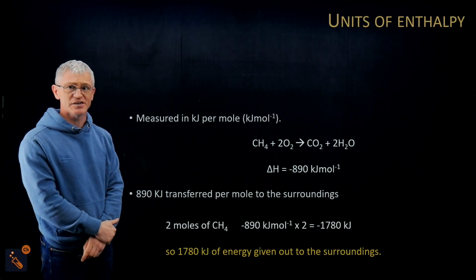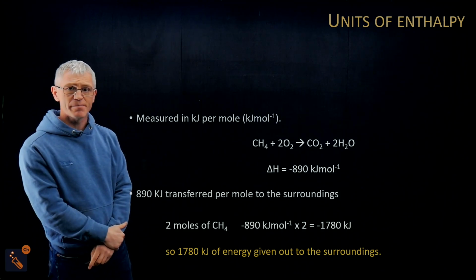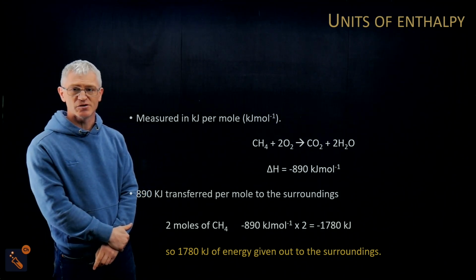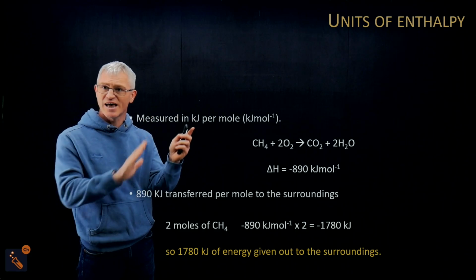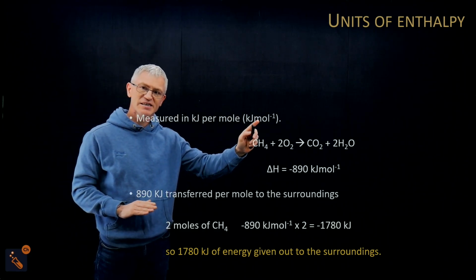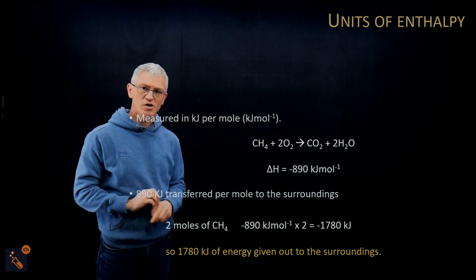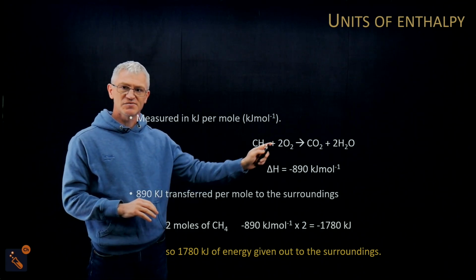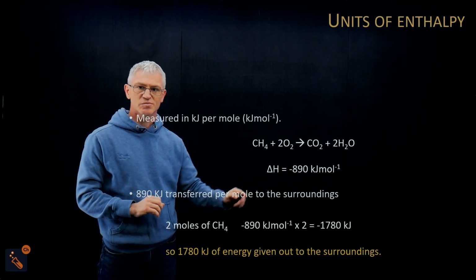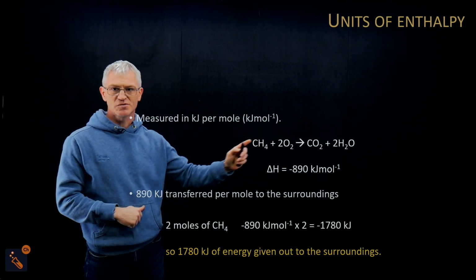Units of enthalpy for the next one is kilojoules per mole, okay, kilojoules per mole. So in GCSE, it was kJ/mole. Now it's kJ mol^-1, okay? And so the delta H of this is minus 890 kilojoules per mole. So you can see there are multiple